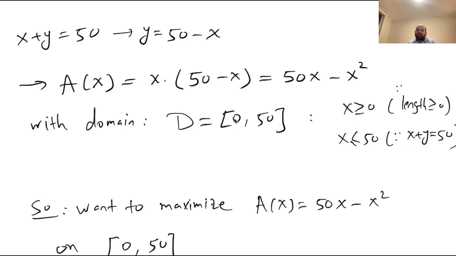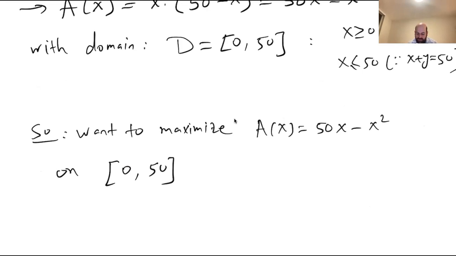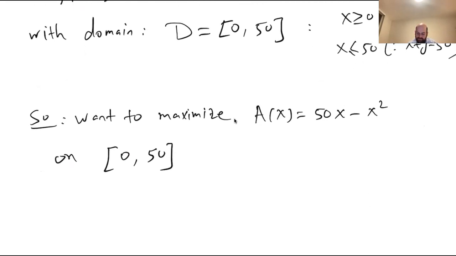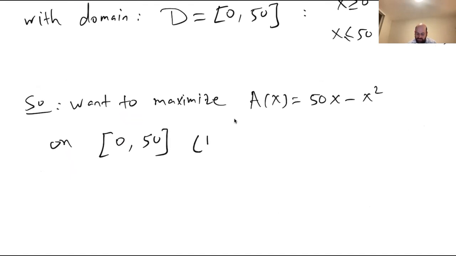So we have the formula for our function, and we have the domain as 0 to 50. And the goal is to maximize, right? We want to maximize the area function, which is 50X minus X squared, on this domain 0 to 50. But we already know how to maximize or minimize a continuous function on a closed finite interval. We provided a very specific recipe. So follow the algorithm